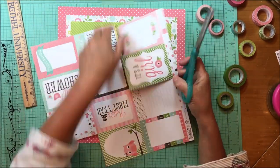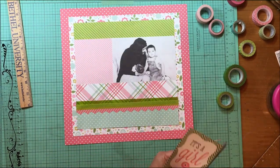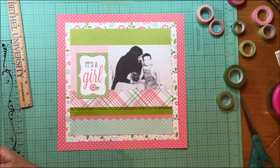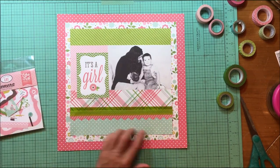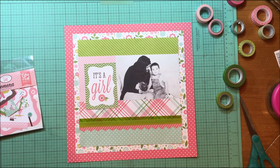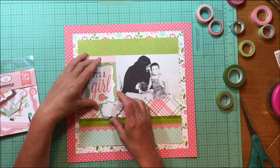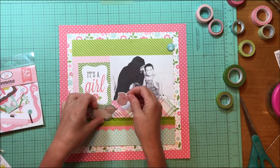Just because it's close to the other green, so it kind of reads as one strip, and then it brings more of that green into the bottom. Speaking of green, I just cut this cut apart 3x4 card from the Echo Park Bundle of Joy Girl Journaling card paper, and I decided there's journaling on the original layout right there. I decided I wanted something there, but